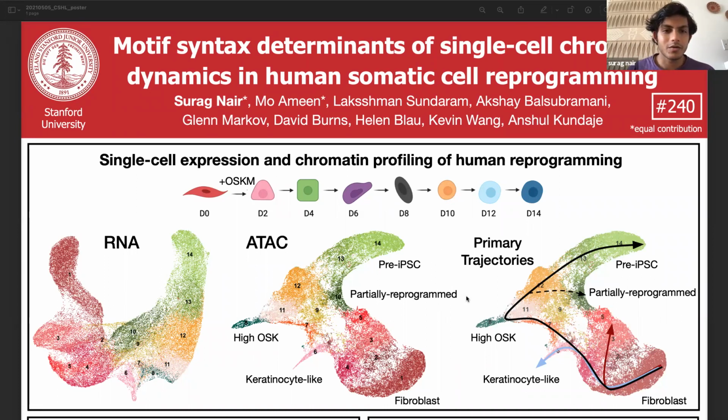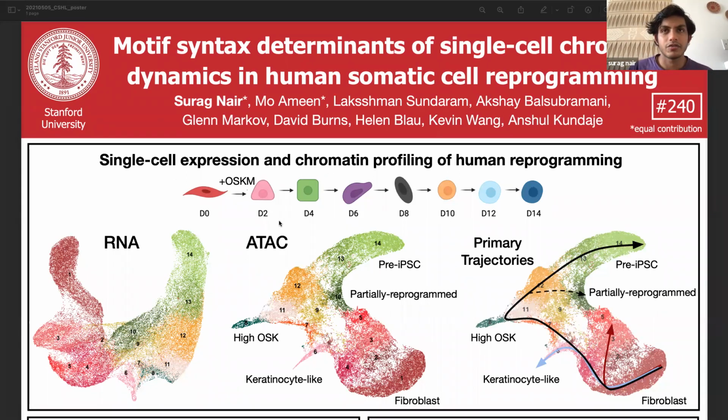Hi, in this work, we explore the role of cis-regulatory motif syntax in human somatic cell reprogramming. Somatic cells, such as fibroblasts, can be reprogrammed into embryonic stem cell-like cells by inducing the four Yamanaka factors, OCT4, SOX2, KLF4, and MYC. We begin by profiling cells with single-cell RNA-seq and single-cell ATAC-seq for approximately 50,000 cells each,